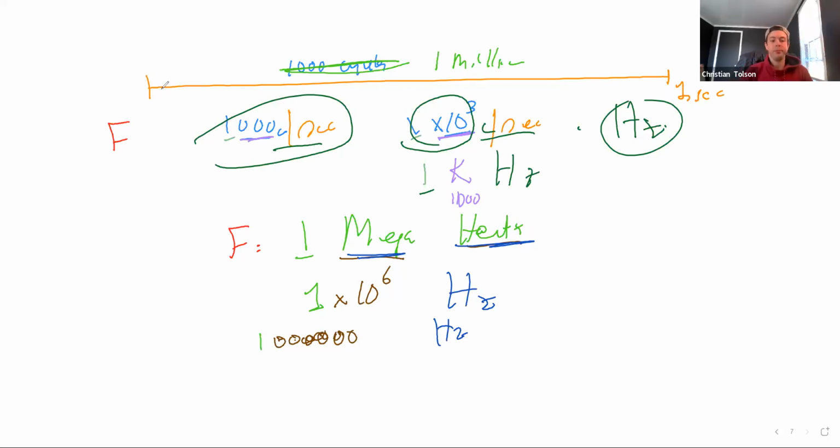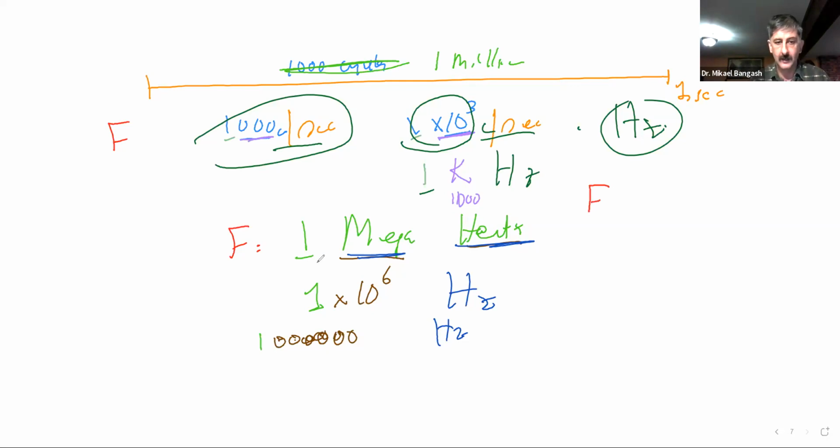No. So it's not 10 cycles, it's not 100 cycles, it's not 1,000 cycles, it's actually going to be megacycles. Millions of cycles completed in a second when we talk ultrasound. But just so you guys are on top of your units and conversions, you can say